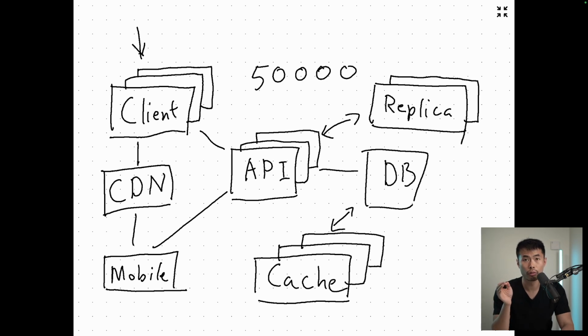We can also add read replicas to handle the increase in database reads. And to keep everything in check, tools like New Relic or Datadog are essential for monitoring performance and pinpointing the bottlenecks. As our platform continues to grow, let's say to 100K,